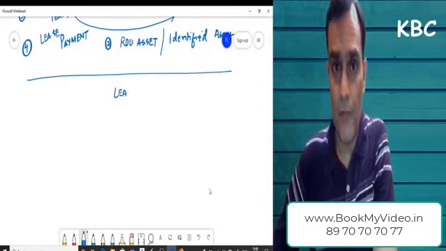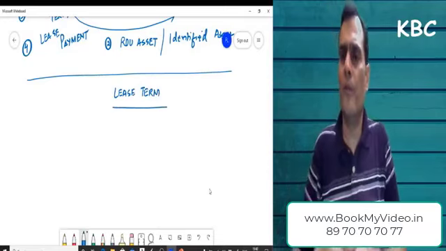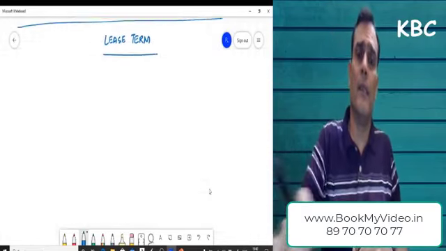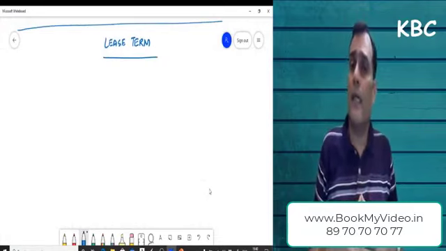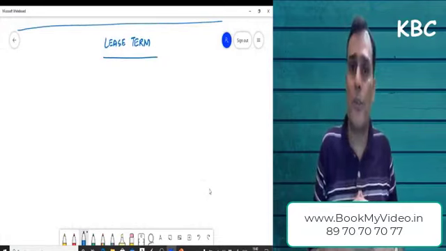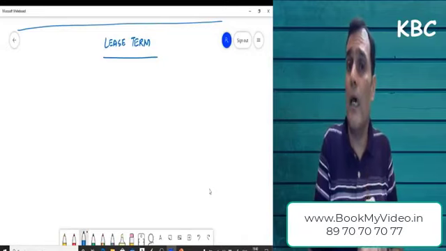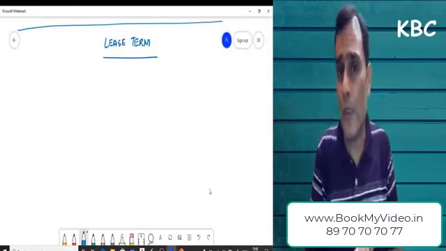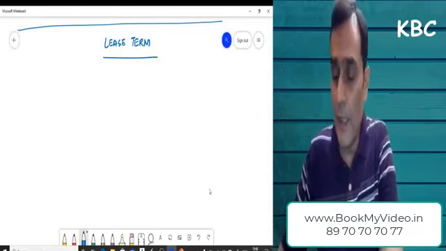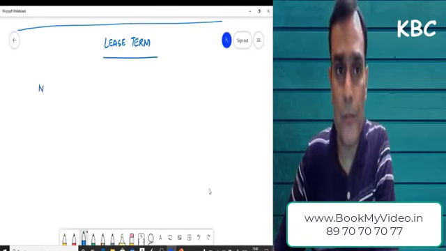So as I said, there are four key aspects in the definition of lease. We've understood contract. Lease payments is what we're going to understand later. And lease term is the main focus right now. So we said there is a lease payment later. We said a ROU asset later. Contract we've understood. The focus was only on a lease term. So we said a lease term is a sum total of